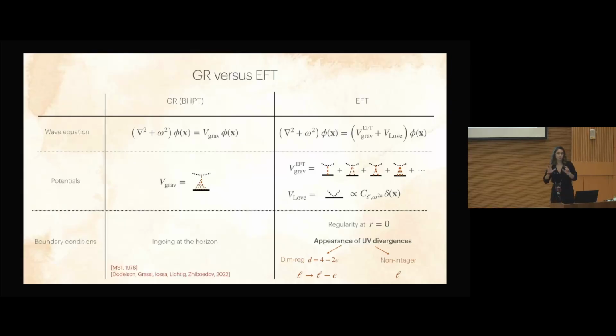Okay, so the plan is the following. We have this EFT wave equation that we want to solve, and we're going to solve it using iterated Born integrals. The way we're going to do this is in two regions, a small r and a large r. You can think of splitting these integrals from 0 to r and r to infinity. So let me show you how this looks. This is my only technical slide, so be patient.